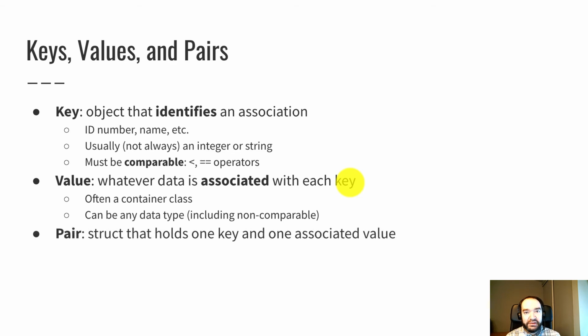A pair is a structure, a struct in C++, that holds one key and one associated value. The maps in the C++ library use pairs to bundle together one key and one value. We're going to use that convention in these videos as well. A pair is sketched as open paren, the first value, comma, the second value, close paren. That's the notation that's used in mathematics for a pair.